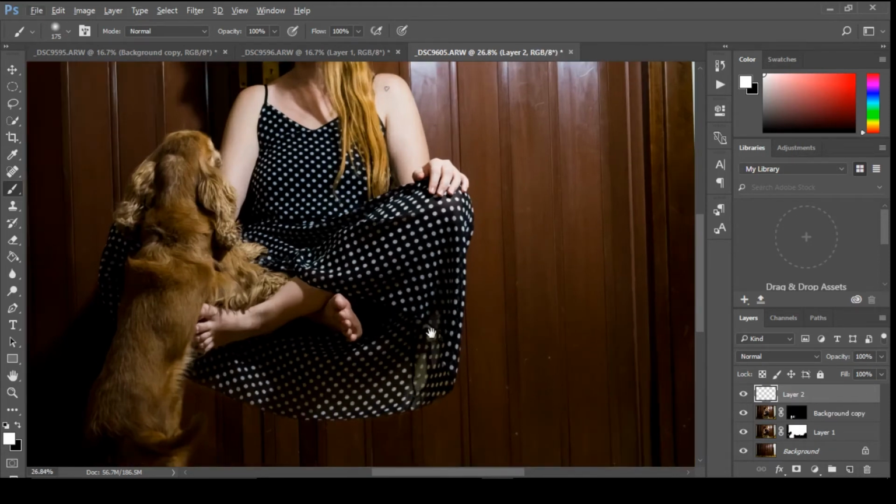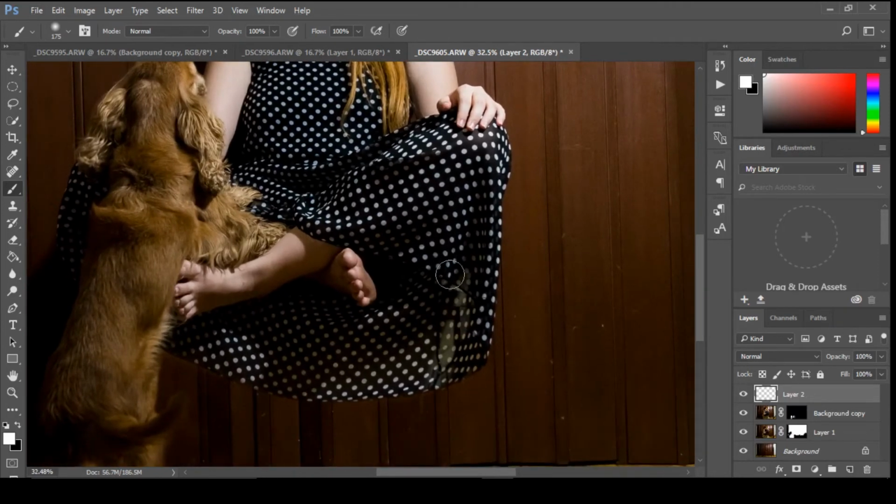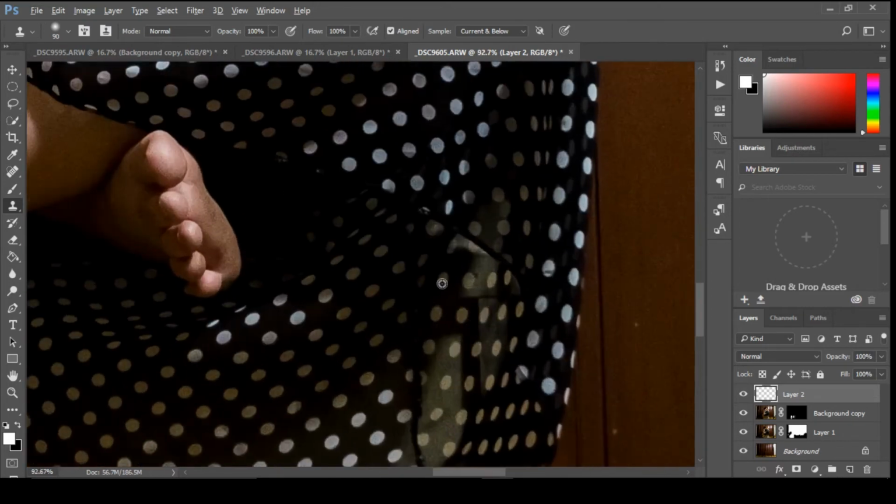Let's make some more adjustments. As you can see here, we can still see our stool behind it, so create a new layer and take your clone stamp tool. Let's fix this also. Smaller brush.